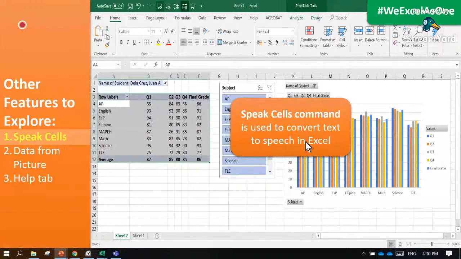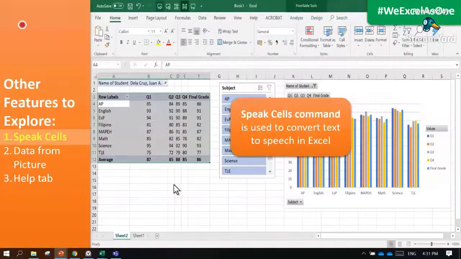So if say for example you want to check the grades that you have entered in your record and double check on the entry of the grades with different forms, you can allow the Excel application to speak for the entries for you.